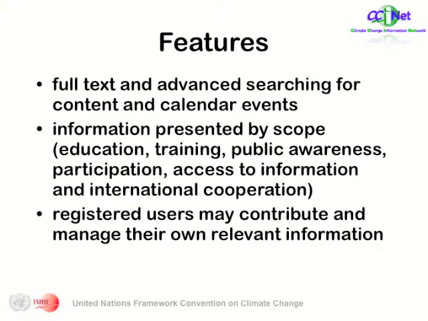The current features of CCINet include a full text and advanced searching for content and calendar events. Information is also presented by scope, be it education, training, public awareness, and so on. And registered users can also contribute directly their own information to the system.